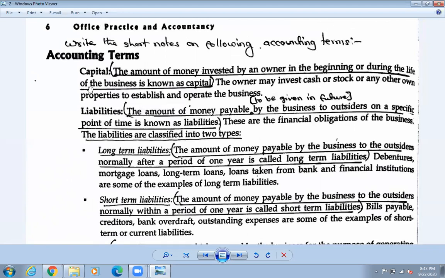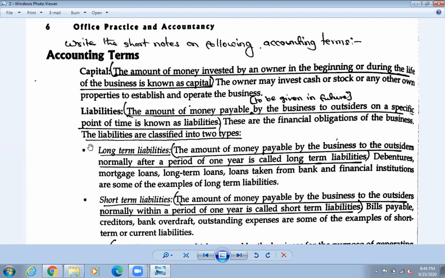So capital means whatever amount we invest before the beginning of the business, that is called capital. Okay, so liabilities means those amounts which are to be paid in the future. Okay, so if I have taken a loan, then I need to pay it in the future, so that is called the bills payable, you can also say liability. So it is also a kind of liability. Bills payable, okay, accounts payable, they are all liabilities. That means we need to pay in the future. Okay, पछि तिर्नु पर्ने कुरा छ भने, so that is the liabilities.